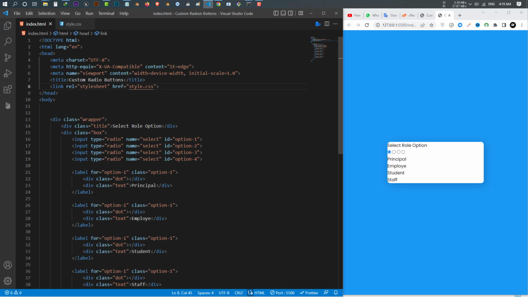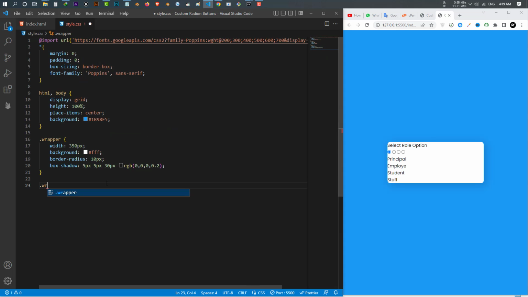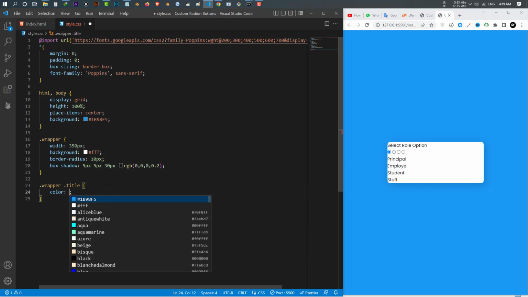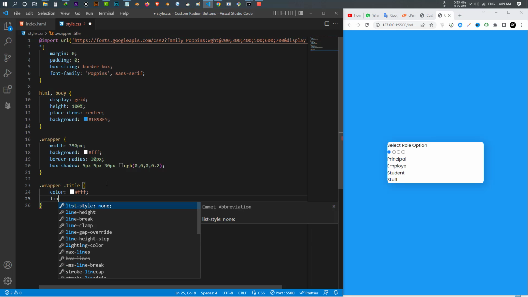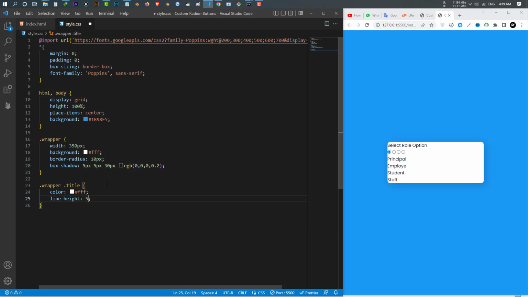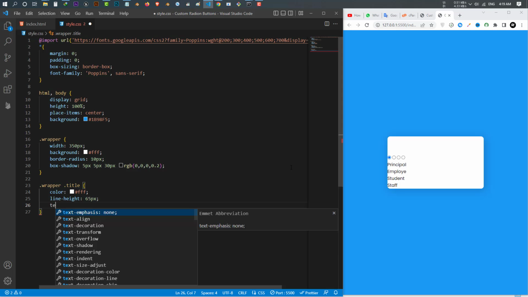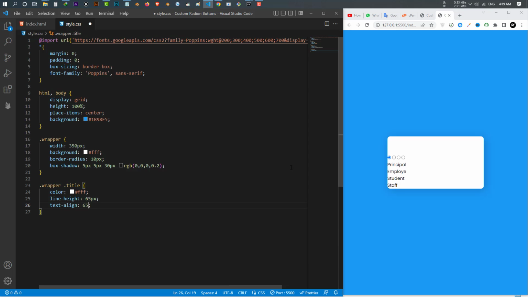After that I have the title, so from the wrapper I select the title, okay, and give it some design. The first thing is I change its color to white, FFF, and after that I give it a line height of 65 pixel, and make a space. Okay, after that I give the text-align 65 pixel. No, text-align should be center. Okay, and after that